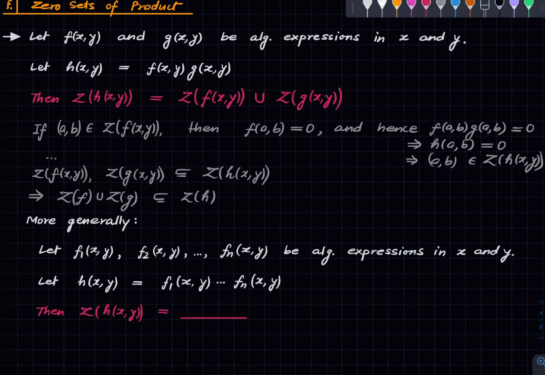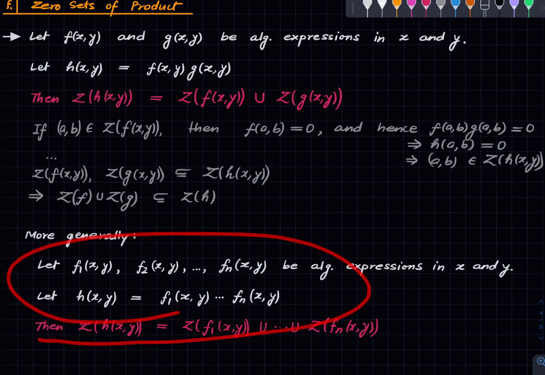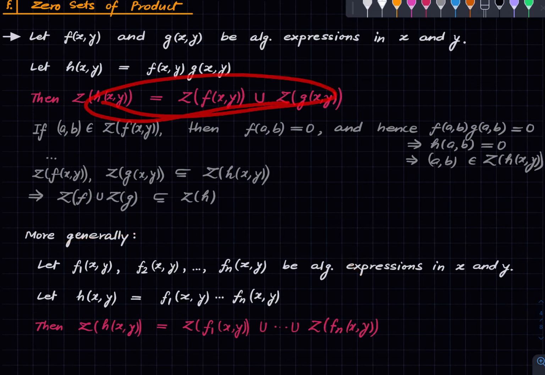So this is a very simple deduction, and one can generalize this to multiple algebraic expressions. Suppose we have n algebraic expressions, then defining h as the product of all these implies that the 0 set of h is the union of the 0 sets of all of them. Okay, so just a very simple extension of this thing which happened for two algebraic expressions. If you want to prove this formally, you can use induction on this one. Anyway,